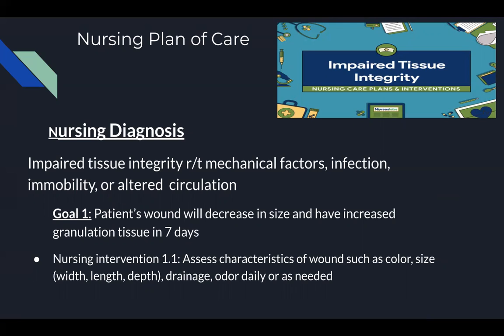So our first goal is the patient's wound will decrease in size and have increased granulation tissue in 7 days. Our first nursing intervention is to assess the wound characteristics, such as the color, the size of the